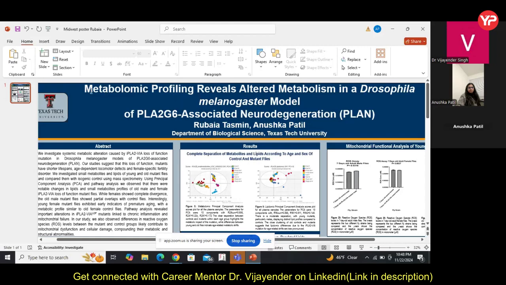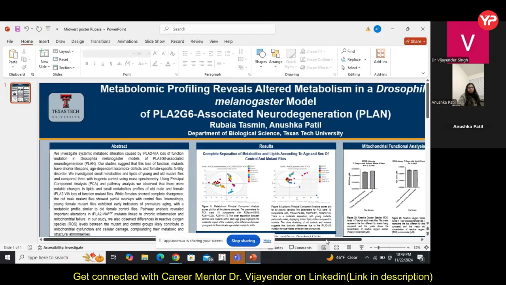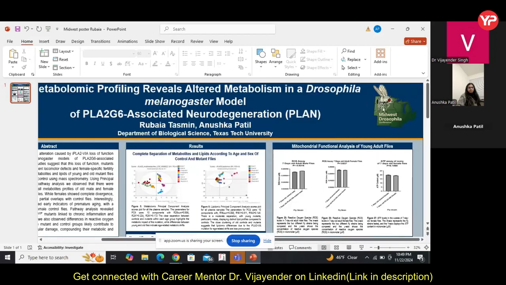The title of my poster was Metabolomic Profiling Reveals Altered Metabolism in a Drosophila melanogaster Model of PLA2G6 Associated Neurodegeneration. Our focus is on studying neurodegenerative disorders, and we are using a model organism, Drosophila melanogaster, which is also called a fruit fly. The basic format of a poster is that you have a title, and on your left I had a logo of my university,